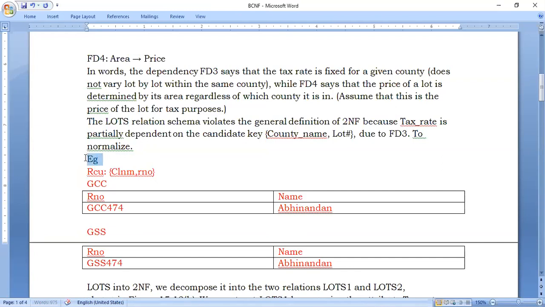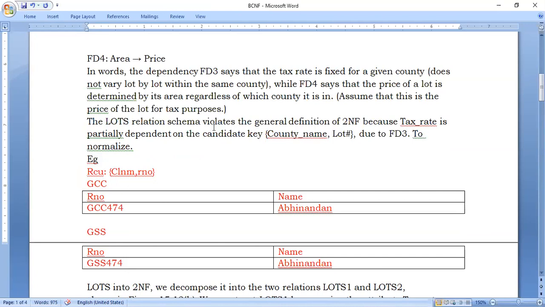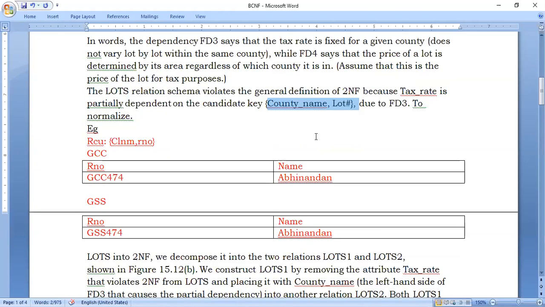By taking this example, we will try to relate the same example to our lots. In the lots also, similar to university seat number, we have a primary key called property ID, which is unique for every property. But apart from that, there is one more candidate key, one more way of identifying every tuple uniquely, which is a combination of country name and lot number. When you take both these values together, as we have taken college name and roll number, that will be unique for every lot. Got it? So overall, there are three candidate keys.